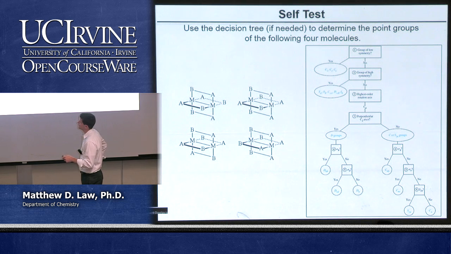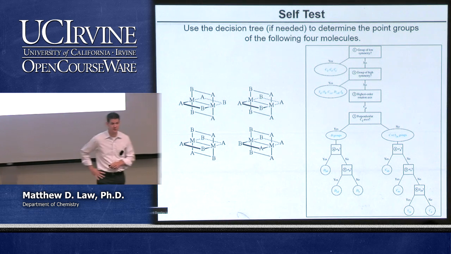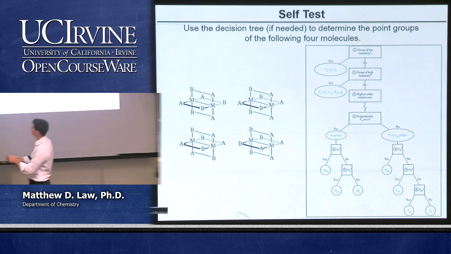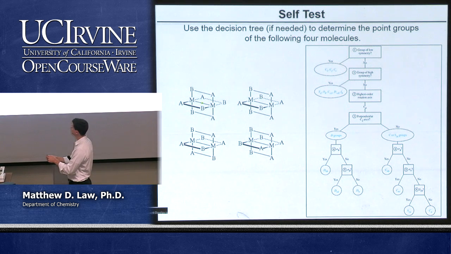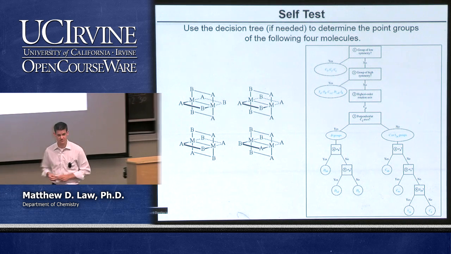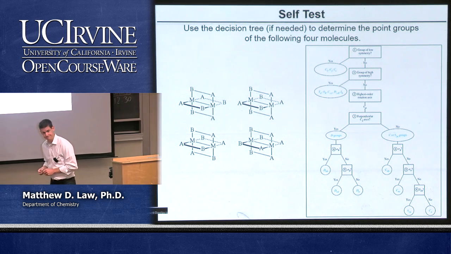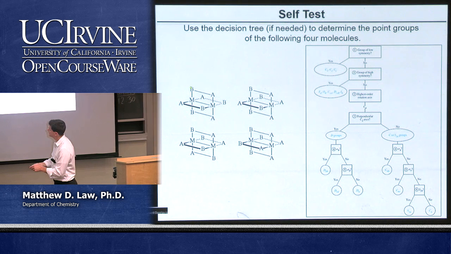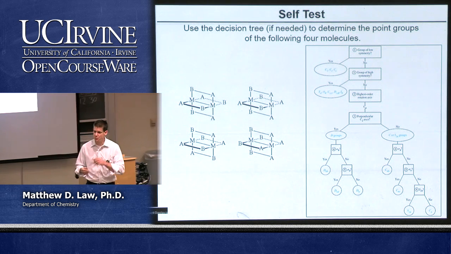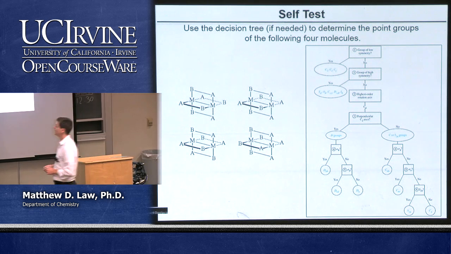So then the question becomes one of mirror planes. Is there a horizontal mirror plane in that molecule? Remember, a horizontal mirror plane would be one that bisects the metal-metal bond and is perpendicular to the C2 axis. And there is not, right? Because if there were, we would reflect B into A, and that doesn't work out, for example. And all the other atoms along the square don't work out either. What about